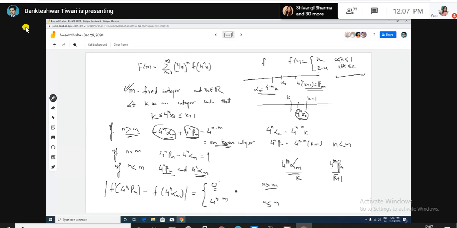And now I will explain later on, maybe tomorrow, why this, when n less than equal to m, why it is 4 to the power n minus m, and then we'll calculate the sum and we will see that actually the quotient जो हमने अभी लेमा में प्रूफ किया है, that quotient will not converge to any finite limit. तो इसको next time हम लोग प्रूफ करेंगे। सर स्लाइड को शेयर कर दीजिए। हाँ, इसको मैं शेयर